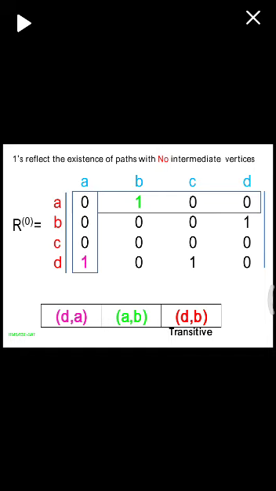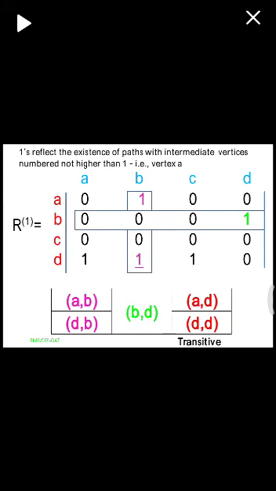By removing that, I get a transitive edge D to B. So now in R power 1, we should write value 1 at the location D comma B, which I have indicated using red color. Just see R power 1. In R power 1, D to B is 1. This is a transitive edge.